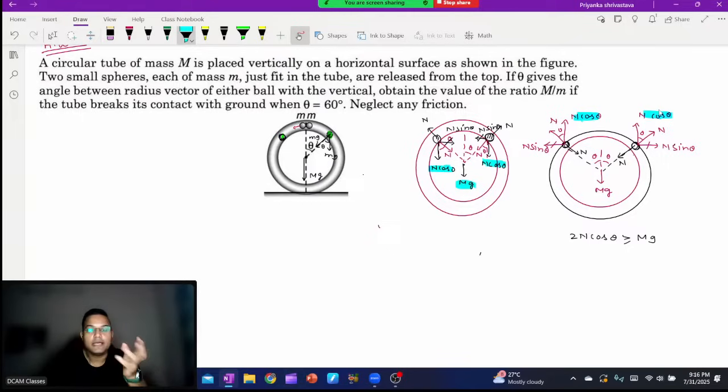Now tell me, anyone, how will you find out the value of n? If you are confused, I can give you a hint. The hint that you already know. In the case of circular motion or vertical circles, you have only two equations with you. One is your conservation of energy, other is the circular motion equation. And I think those two equations will be enough for you to find out that n value. Biggest hint.